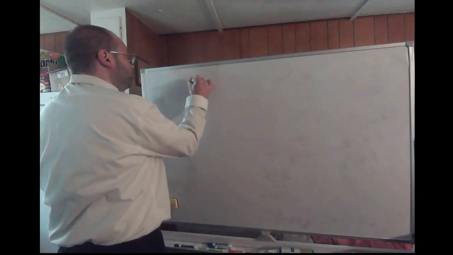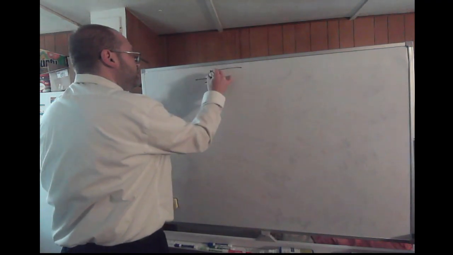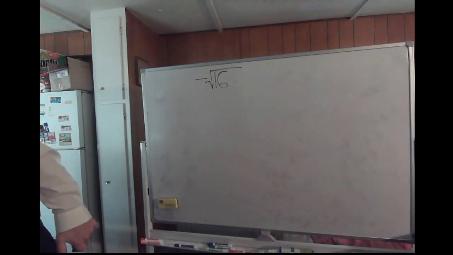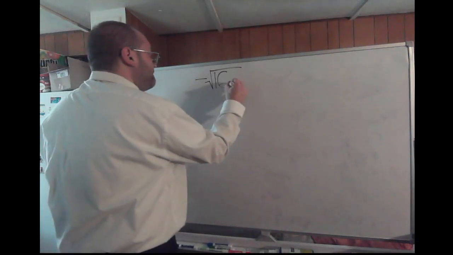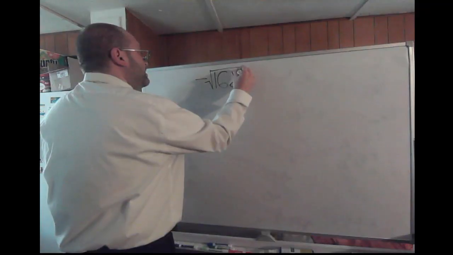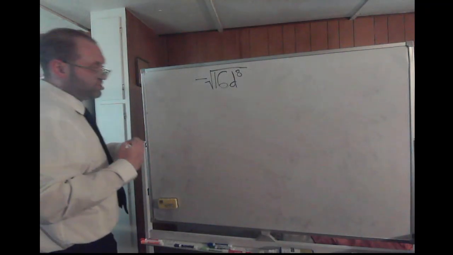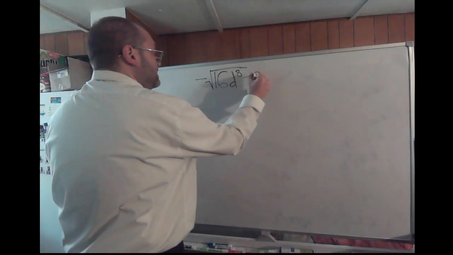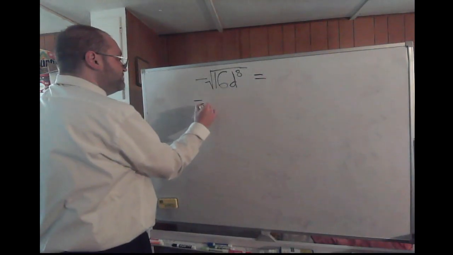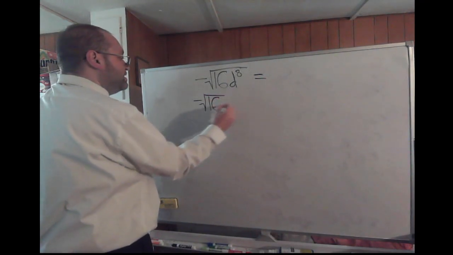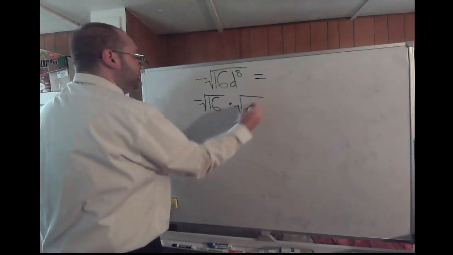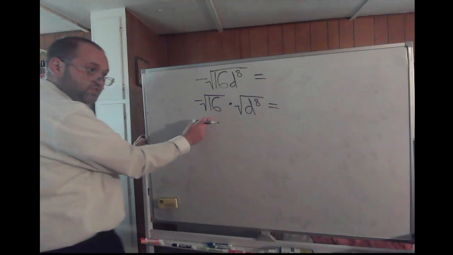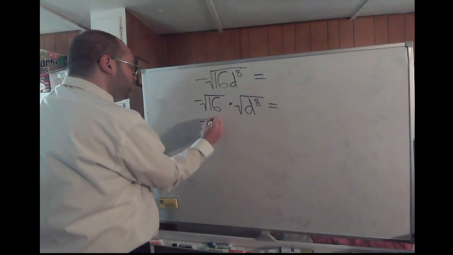All right, we have negative of the square root of 16d to the 8th. Okay. We have negative of the square root of 16d to the 8th. Well, this will split into negative of the square root of 16 times the square root of d to the 8th. Well, negative of the square root of 16, that's negative 4